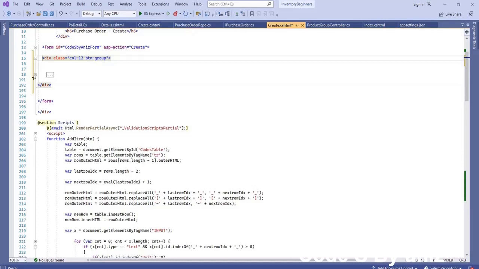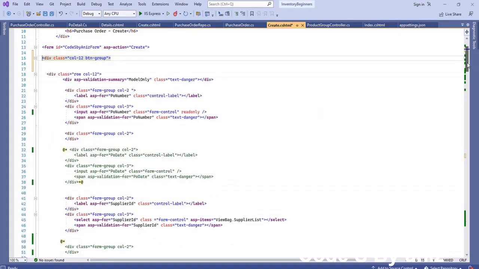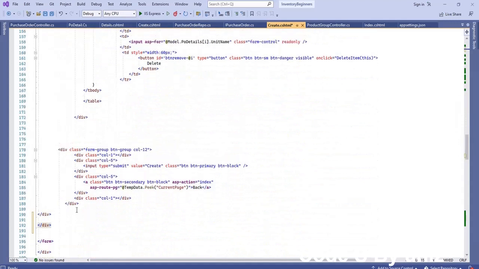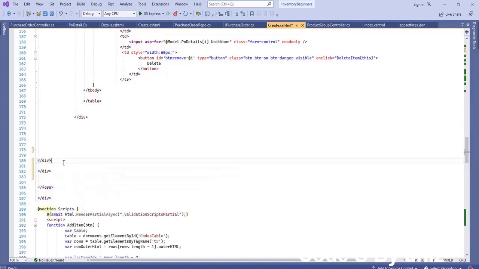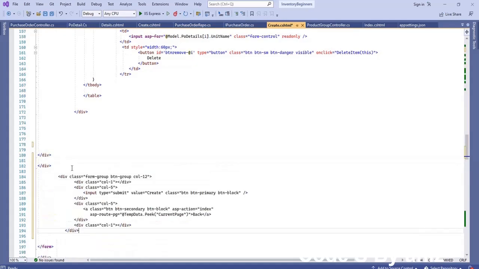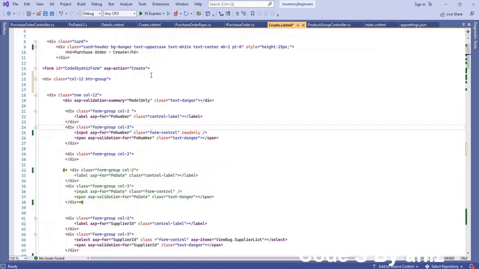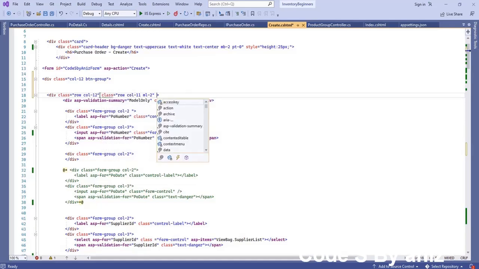Now expand the collapsed div. After that, cut the bottom controls div, which has the create and back button controls, and insert the button control div just above the form closing tag. And then change the bootstrap class for the nested div as shown and delete the old bootstrap classes from the